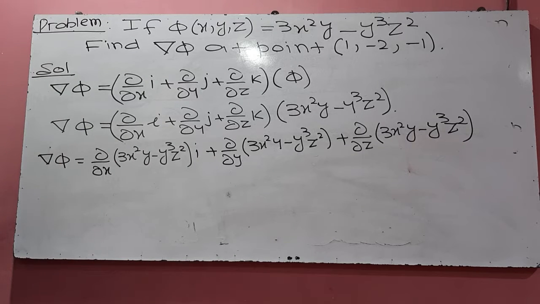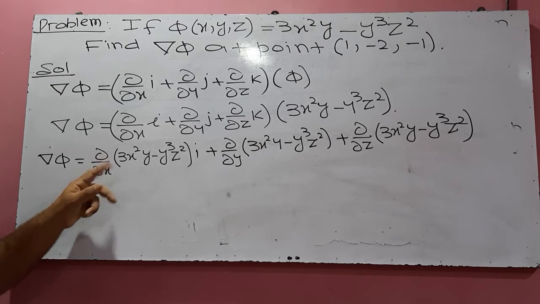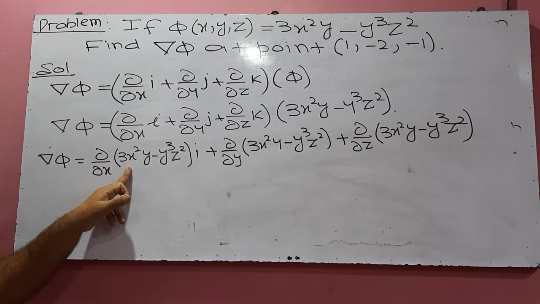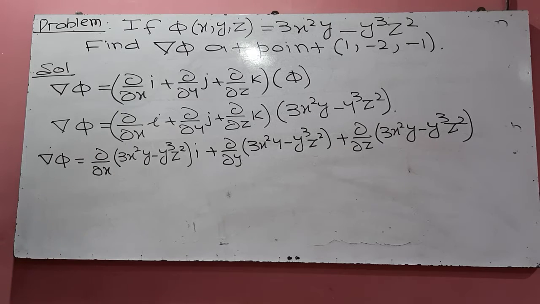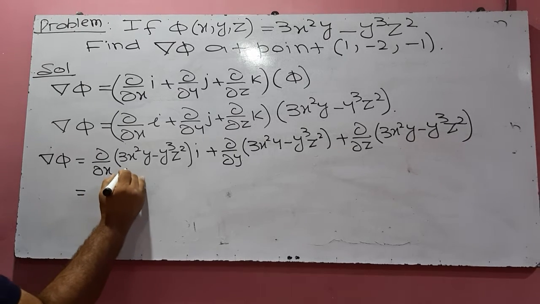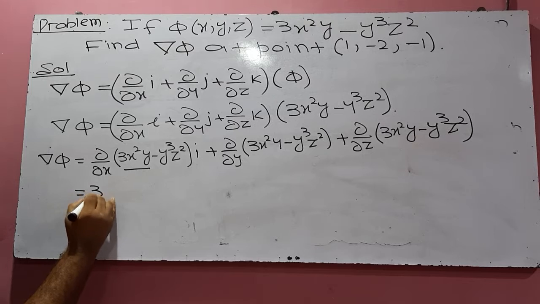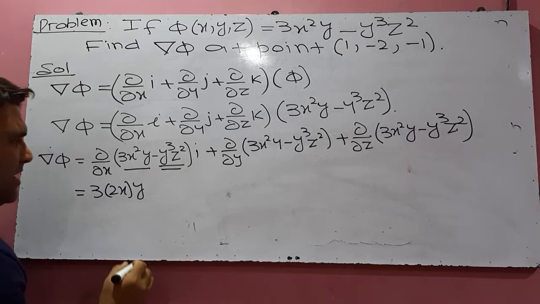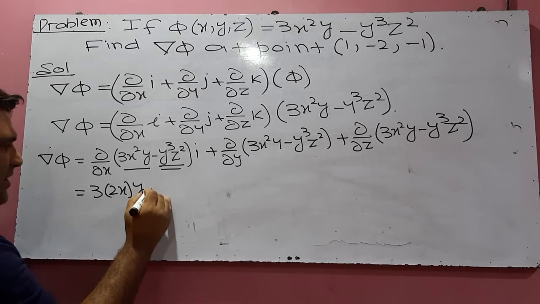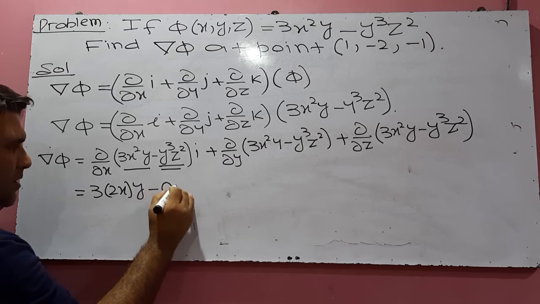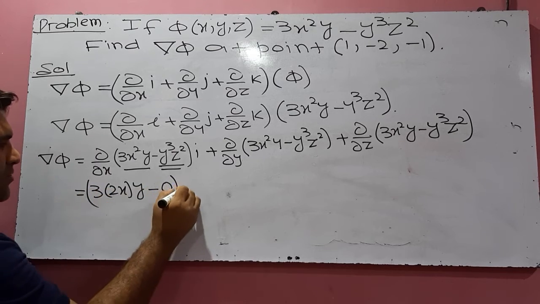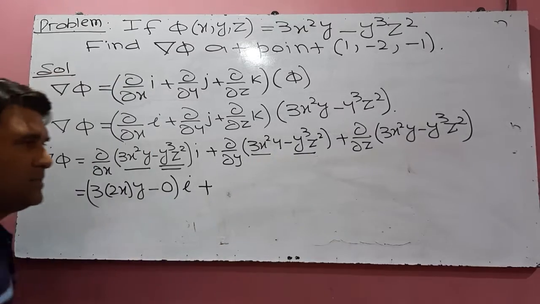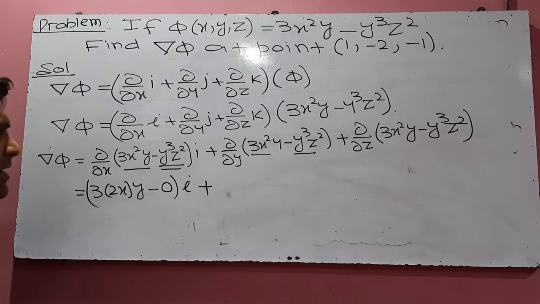Now we apply the differentiation, we apply the partial differentiation. So d over dx, we only differentiate the x term. So the differentiation of this term will be equal to 3 into 2xy. Now this term does not contain any x component, so it will be 0, into i. Plus,